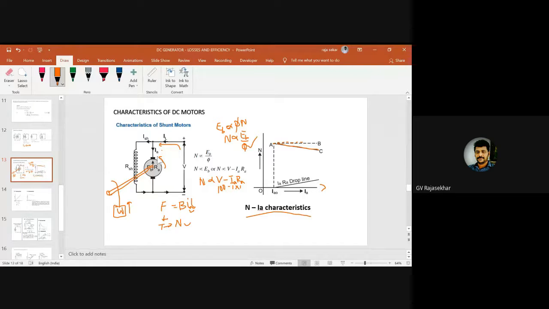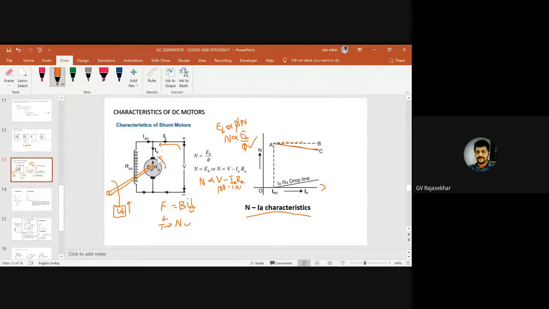Actually, what is the purpose of a motor? It has to lift weight, or it has to drive something. Okay, it has to move something. The application of a motor is lifting or moving. How is it lifting or moving? By using the shaft and belt.